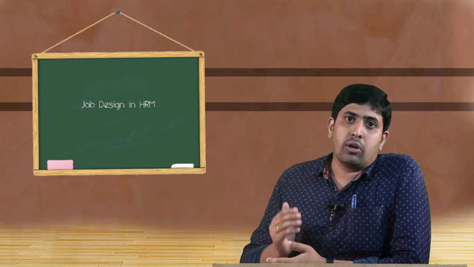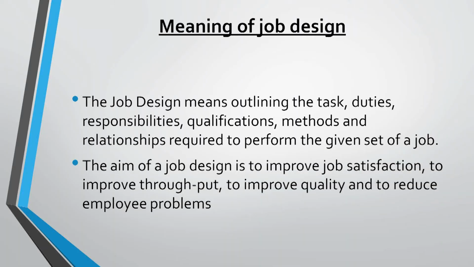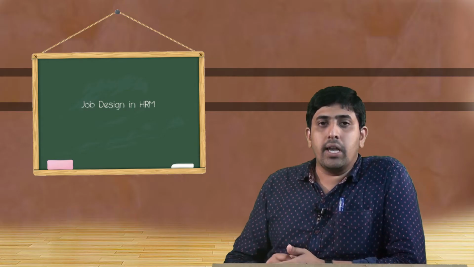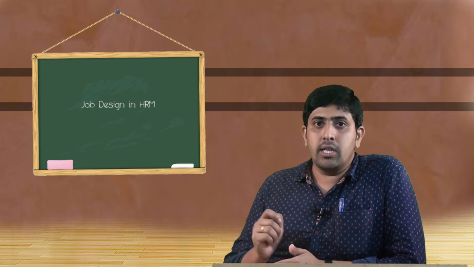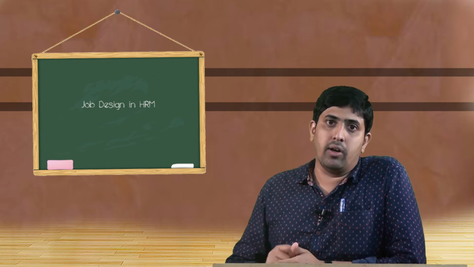So let us come to the top level management. There are different executive top level managements, called the board of directors, the CEOs, the CFOs or the chief marketing officers. Let us see what the role of the CEO is. In order to study the role of the CEO, one should go for an activity called job design. The job design specifically tells us what the different roles are that have to be performed by the CEO, that is, the chief executive officer of an organization.